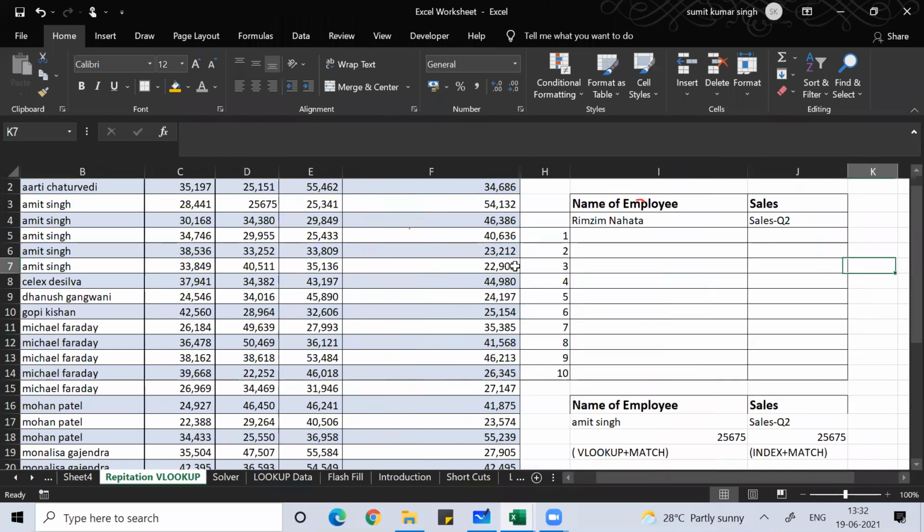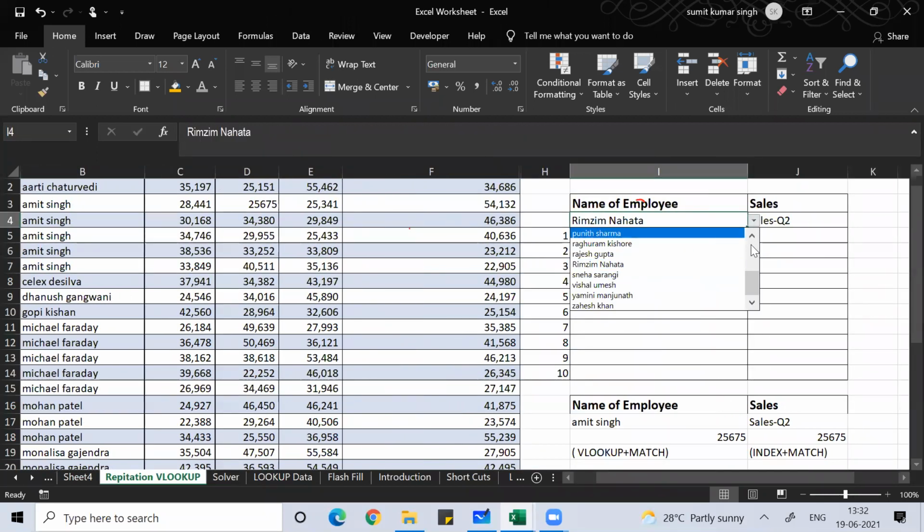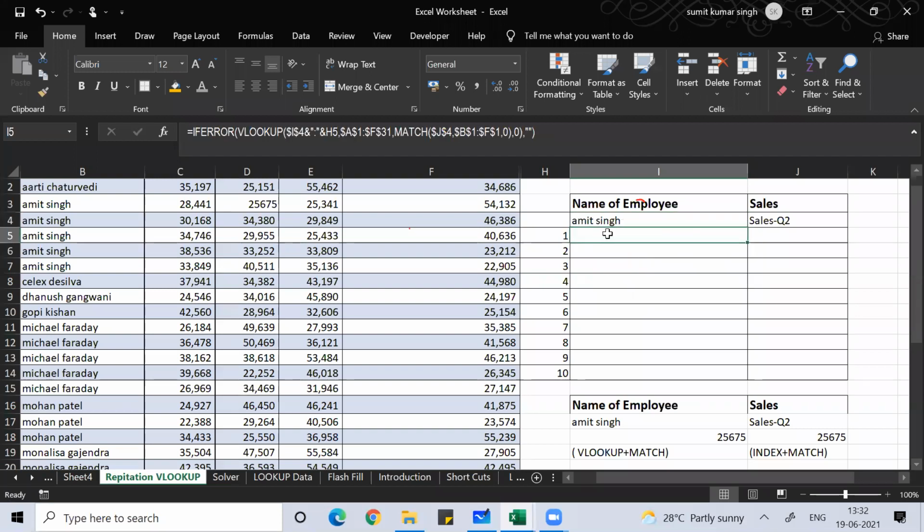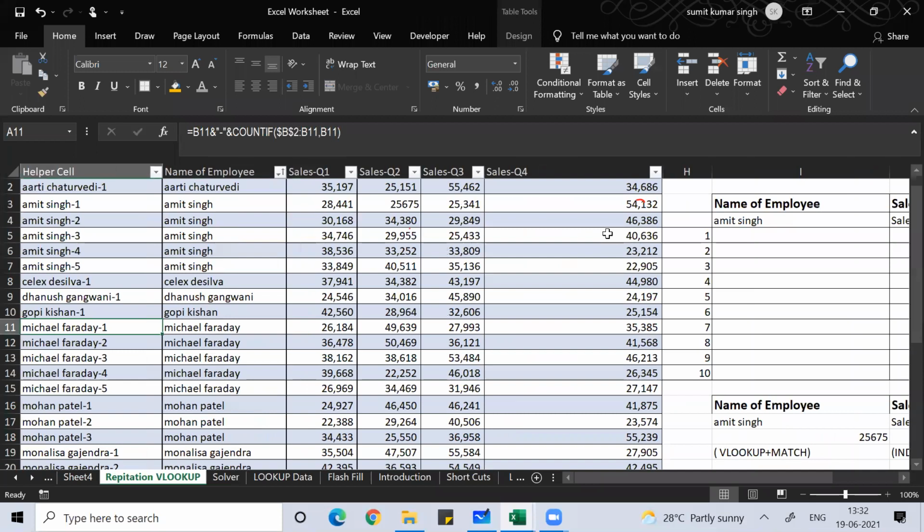Now let's take some name. Okay. Fine, everyone. So then what I wrote here: 1, 2, 3, 4. Why this 1, 2, 3, 4? I hope you understand it, because there is no one Amit Singh. There are a lot of Amit Singhs. So that's why I wrote 1, 2, 3, 4, so that it will give me each Amit Singh's value individually.